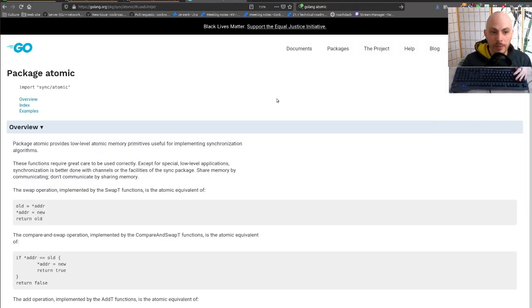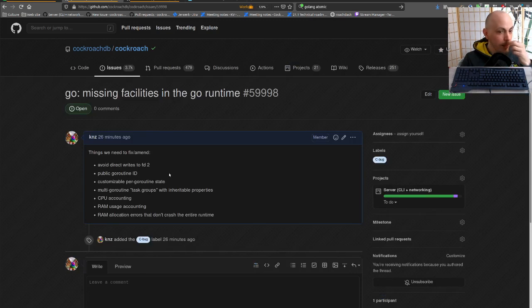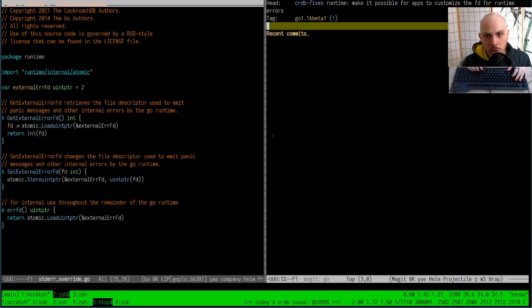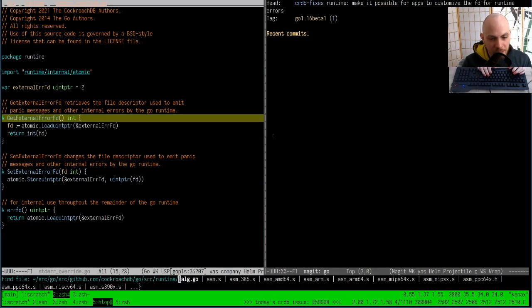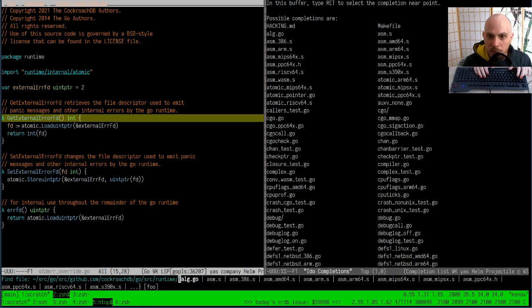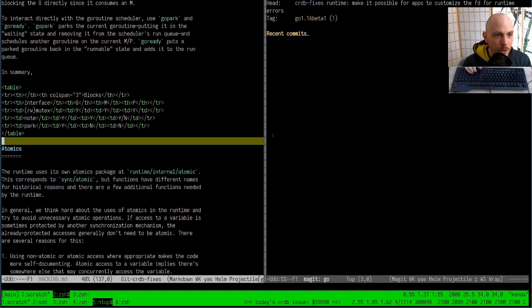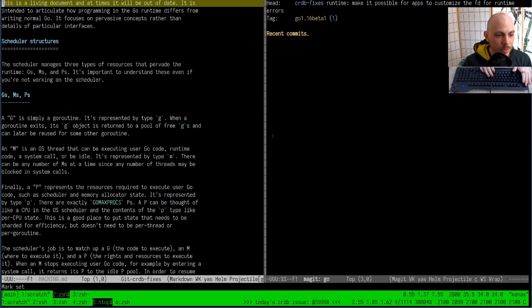So that was a good exercise. Now we are going to go forward and try to understand a little bit what's happening with Go routines. And so for this, there is a README file, actually. I remember. So what is this README file? Hacking. Yeah, there we go. All right, so let's